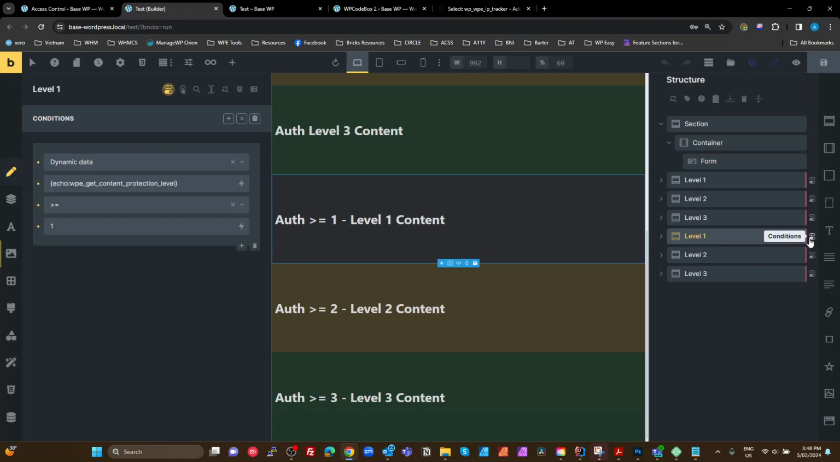Now the next one is we're saying if it's greater than or equal to 1. So 0 or 1. 1, actually this should be the same as 1. So equal to 1 should be the same thing. But when we get to the level 2, for example, we're saying it's going to be anything that is greater than or equal to 2. So it's going to show if our access level is level 2, level 3, level 4, level 5,